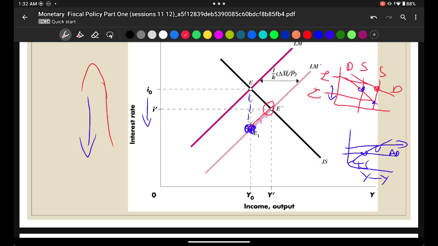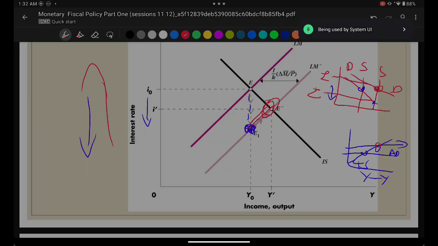There we go. So 3 things happen. Number 1, supply was more than the money. People buy bonds, interest rate goes down. Boom, down. Then because interest rate went down, aggregate demand shift up. Right? And because aggregate demand shift up, your demand went up. Your interest went up. Done. I'll do the next part after this.